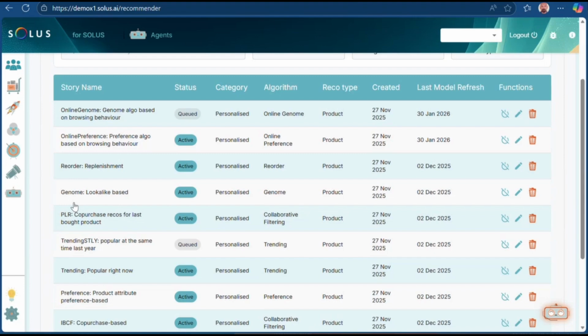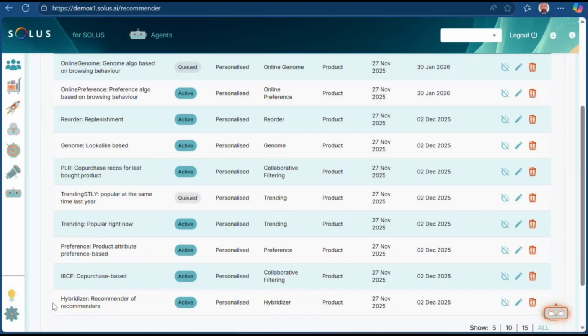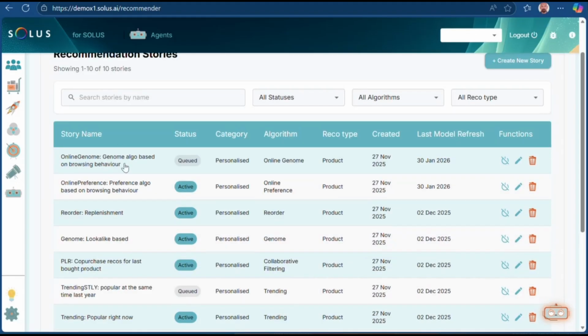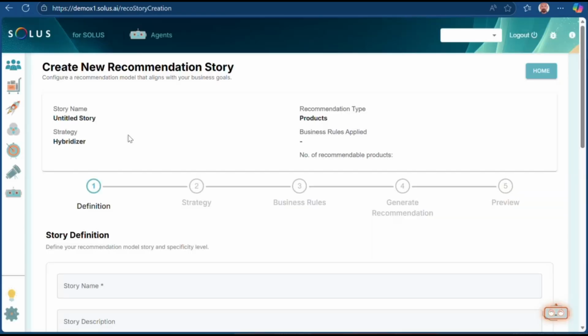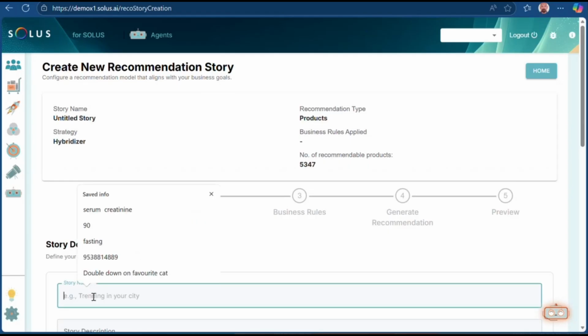Problem solved. So some of my strategies could directly derive from the individual recommenders. And if I have a hybridizer, I could also have a strategy that just says, hey, here are some top picks for you. Safe, right? So you've covered that. But I could have something that's a lot more specific in terms of a business case. For instance, I could have a strategy that looks like this.